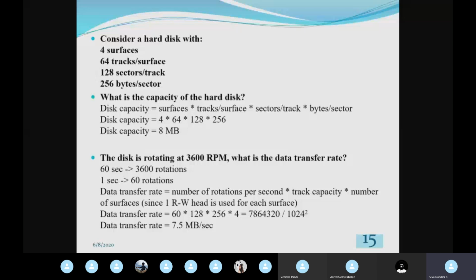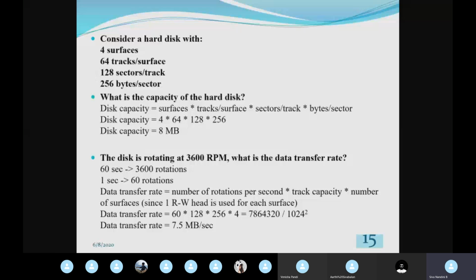For converting bytes into megabytes, we divide the number of bytes by 1024 square, because 1 megabyte is equal to 1024 kilobytes and 1 kilobyte is equal to 1024 bytes.